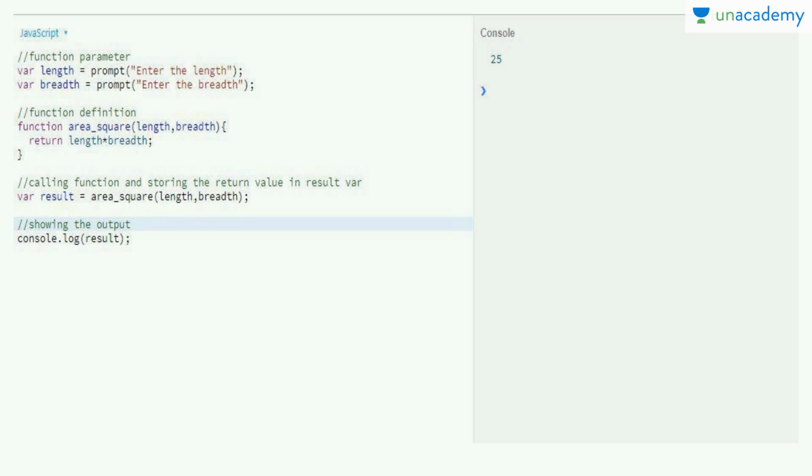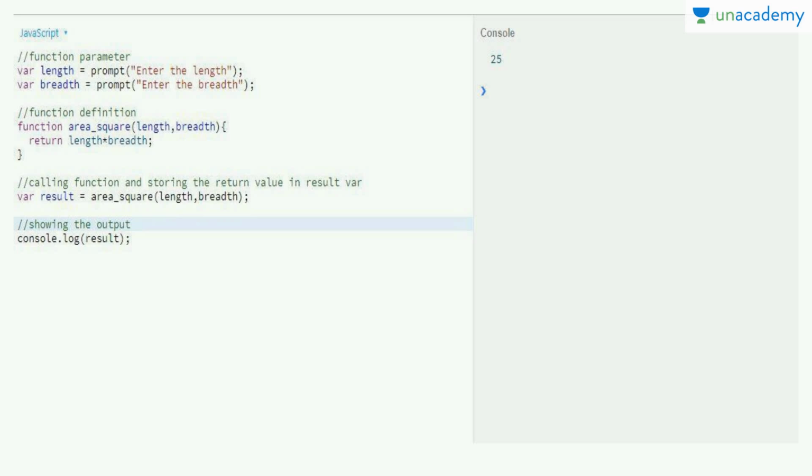Now guys, this is the thing that I was talking about earlier. These are the parameters. Like console.log is a function of the console object to which you pass parameters, similar is the case here. We are passing two different parameters, length and breadth, to the areaSquare function.